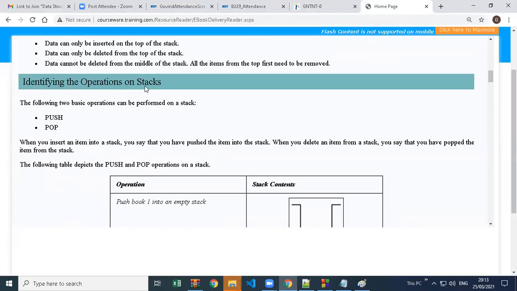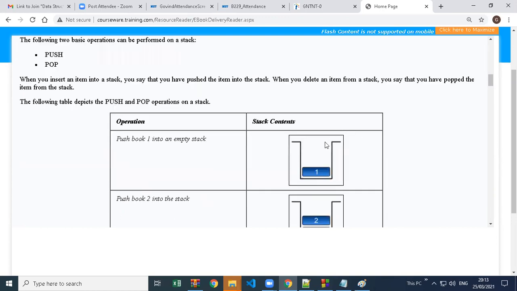So in the stack we do two operations. I haven't written them, that's why I came to the book here. Push and pop. To show you from the picture, push and pop are the operations we do in the stack. So remember these words: LIFO, where we delete or insert from the top end, and the only two operations, push and pop.